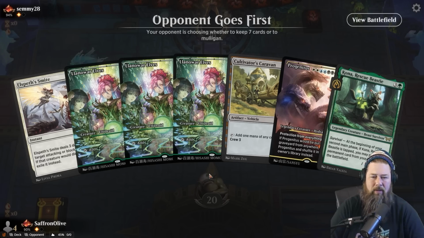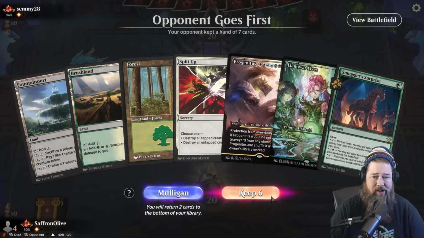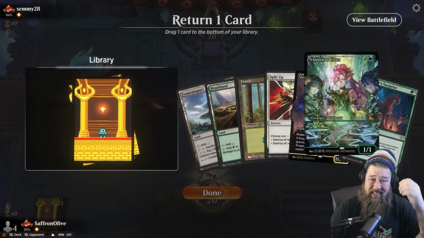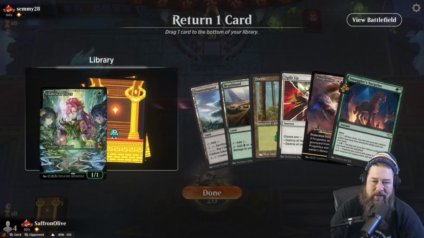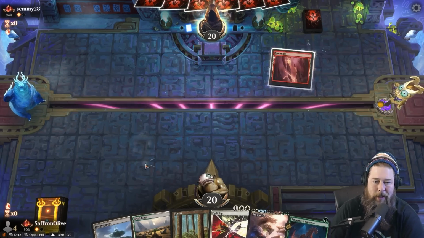All right, on to game number 3, and this hand is not very good. This one we can keep. Probably just Llanowar. I think Llanowar is just going to die anyway. The split up could be good. We do need to find another white source, but the split up...